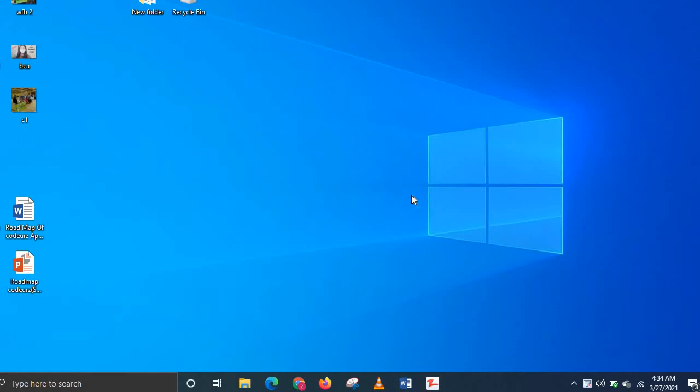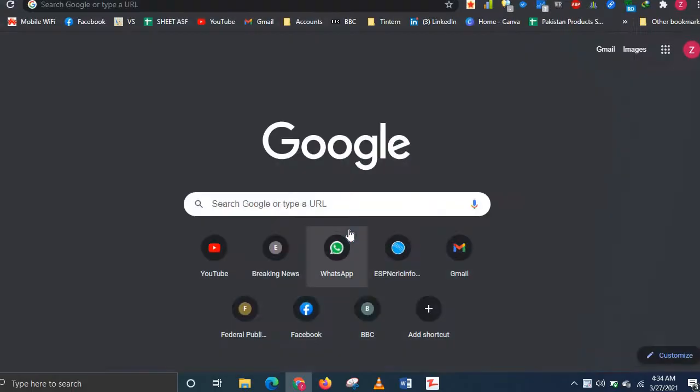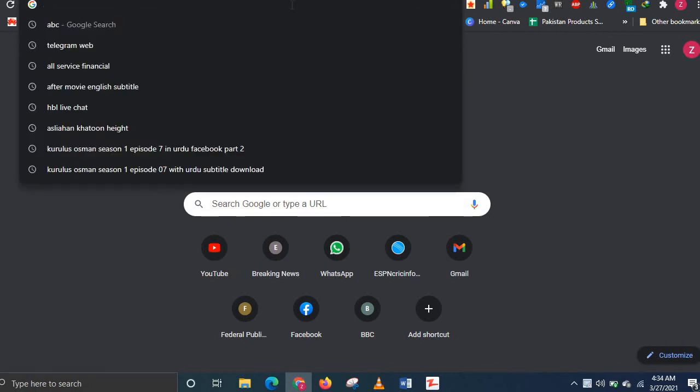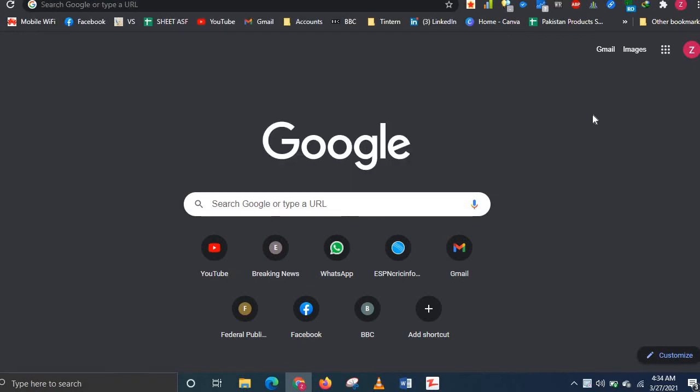Hello guys, in this video I'm going to show you how you can actually log in to your Telegram app. Usually when you start logging in to your web Telegram app, it will not allow you to log in. So for that purpose you only need to do a few basic steps. You will follow my video and I will let you know how you can log into the Telegram app.